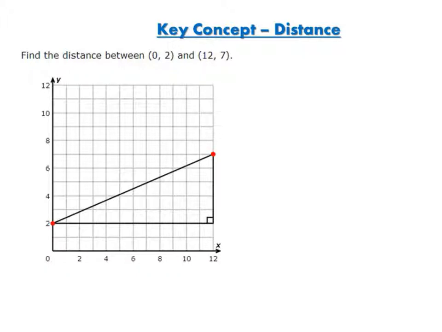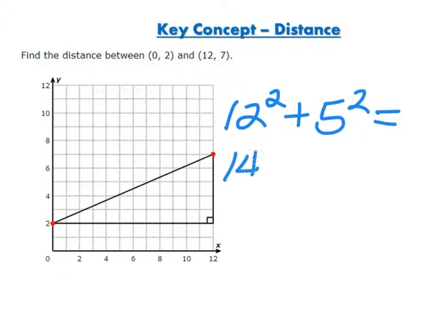So I'm going from 0 to 12, or I can look up here and see that I'm going from 0 to 12. So I'm going to take 12 squared plus, on the y-axis, I'm going from 2 to 7, or a distance of 5. So plus 5 squared,